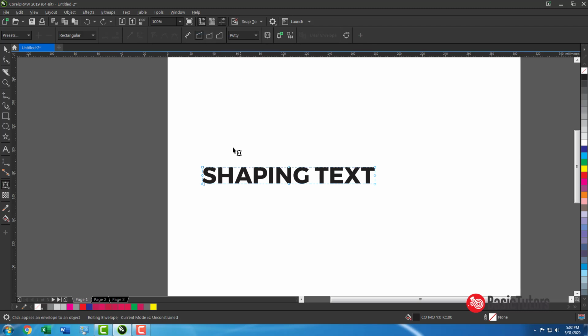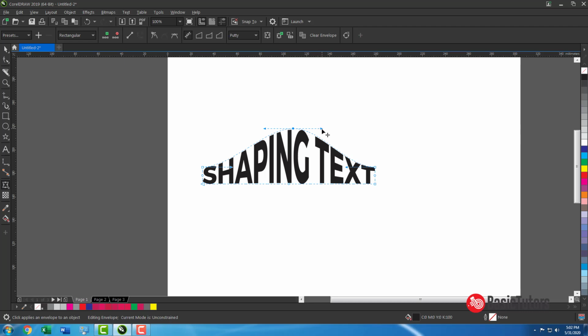This thing is straight line. Okay, and this will be unconstrained mode. You can shape to any shaping. You already know these points, like cusp or whatever. Cusp, smooth. Now it is smooth mode, I think. Symmetry.